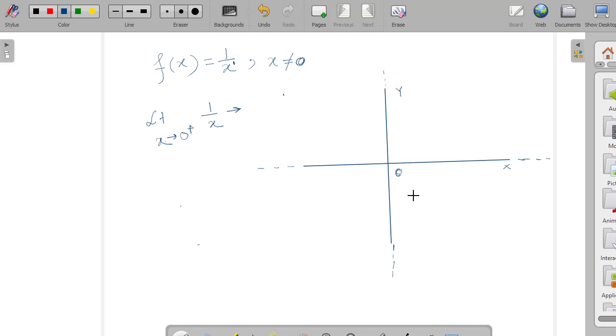For example, if we consider this point, at this point our function is going up like this. Suppose this point is 0 plus, and as x approaches 0 plus, our function is increasing without bound. So it is approaching almost plus infinity,